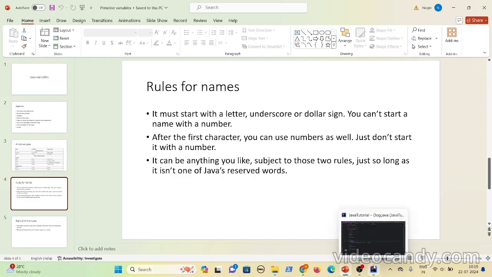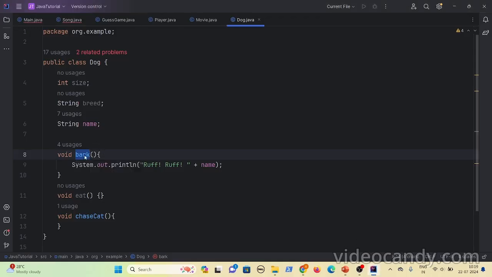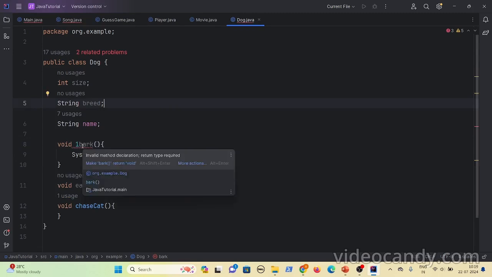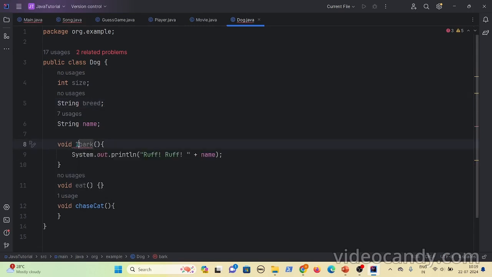What they are saying is, you should not use numeric values as the first character of a name. Let's see, I use 1. What is it showing? It is showing a red mark. Let's see what it says: invalid method declaration. So the method name you have declared is invalid because you are starting with a numeric. Numeric values are avoided. It's not in scope.